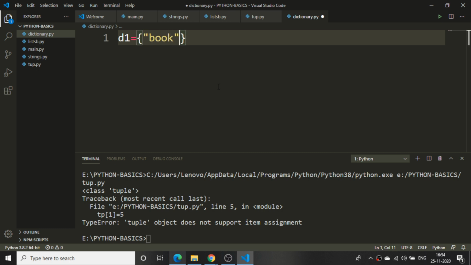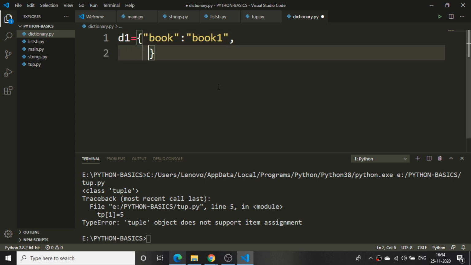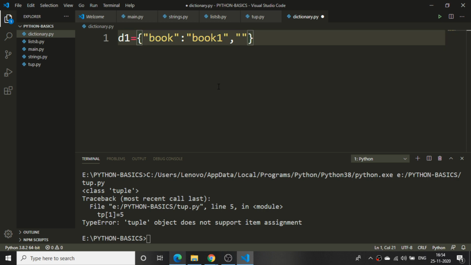Let me give a random example with books, something like book 1. Okay, I don't know any book names, so I don't want to take this example.